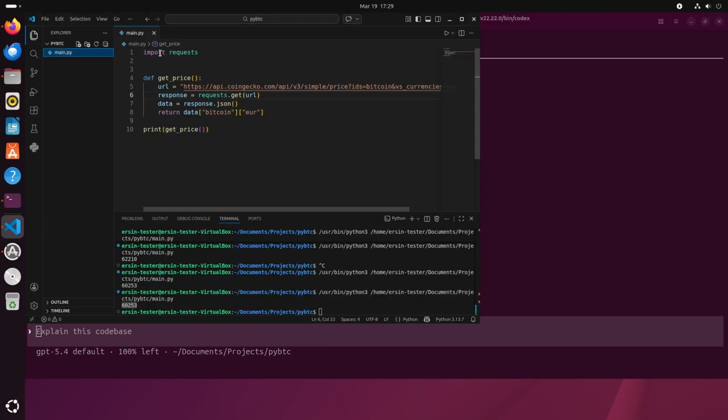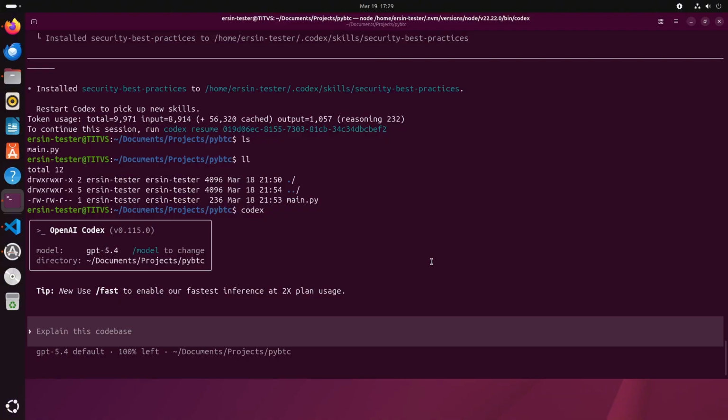Yeah, this is the code, just 10 lines. Importing requests, just one function, get price. Now review this code for security best practices. This is just a single prompt.